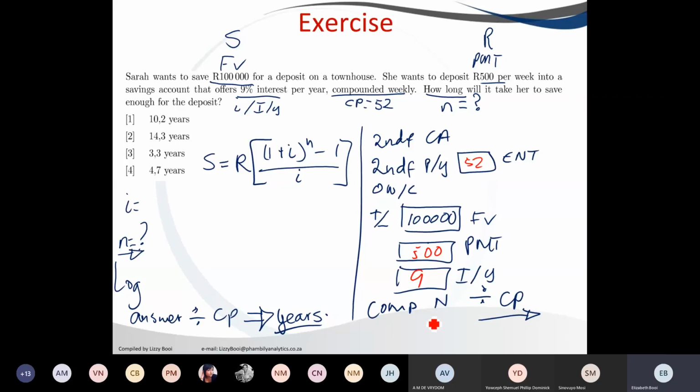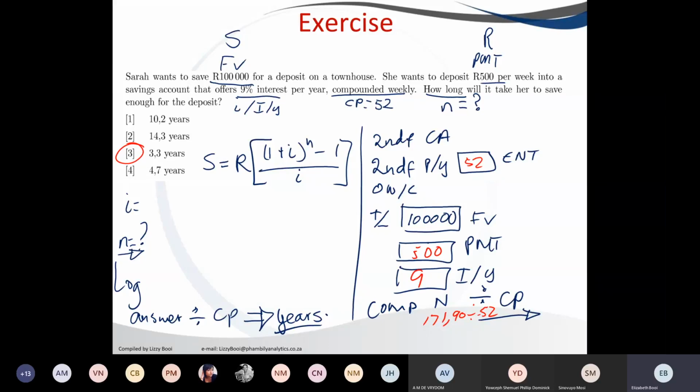And when you compute, it should have given you 171.9, I think 90, and then you divide that by 52, and the answer you will get will be 3.3. Those who are calculating manually,